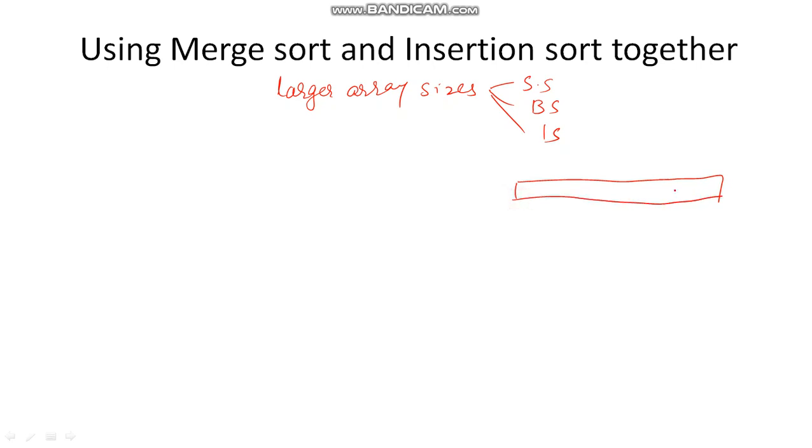Merge sort will start taking more time, because if you have, let us say, 100 elements, 50 will be divided, 50 elements 25 will be divided, and 25 elements 12, 13 will be divided. So most of the time is utilized in dividing the arrays. Instead of that, we can embed this merge sort with insertion sort. Go on dividing the problems up to some limit. What is that limit? If you get less than 16 elements in your subarray, apply insertion sort to that.